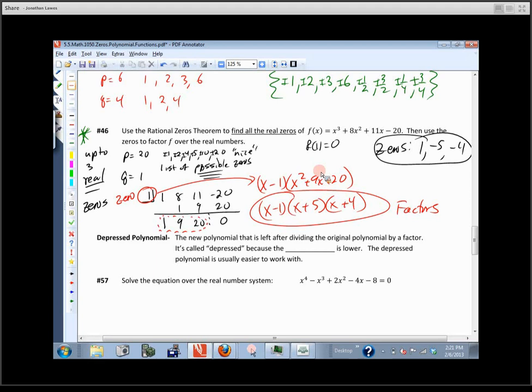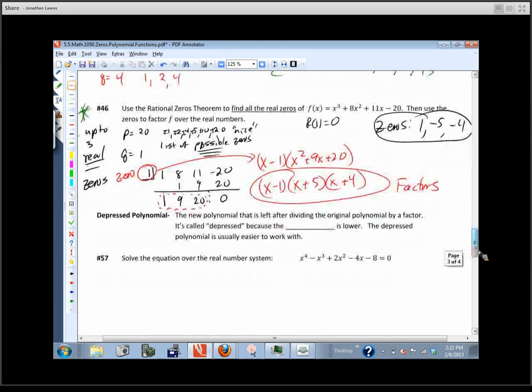Yeah? If, let's just say it was an x to the 4th polynomial in the original one, and you had x to the 3rd, could you end up plugging them into that? Sure. Yep. You might end up doing the P and Q stuff or the Q and P stuff a couple times. Okay? The higher the degree, the harder it is. But again, if we peel off one factor at a time, we work with a smaller and smaller polynomial until we get down to something like this that we know how to work with really well. Does that make sense?